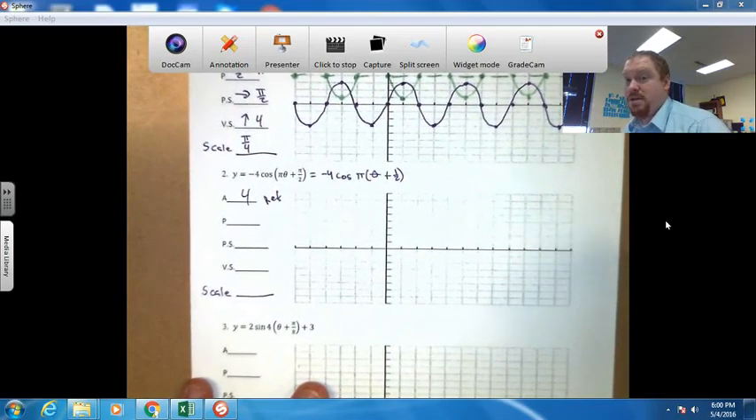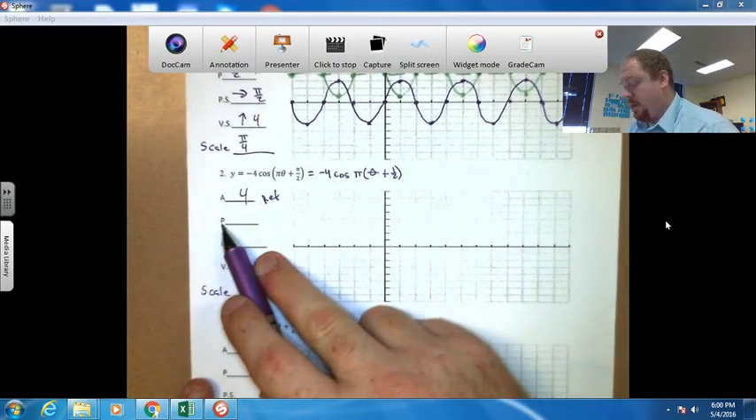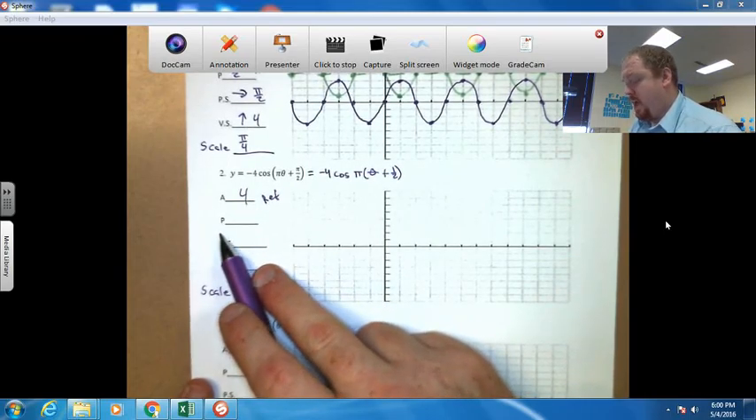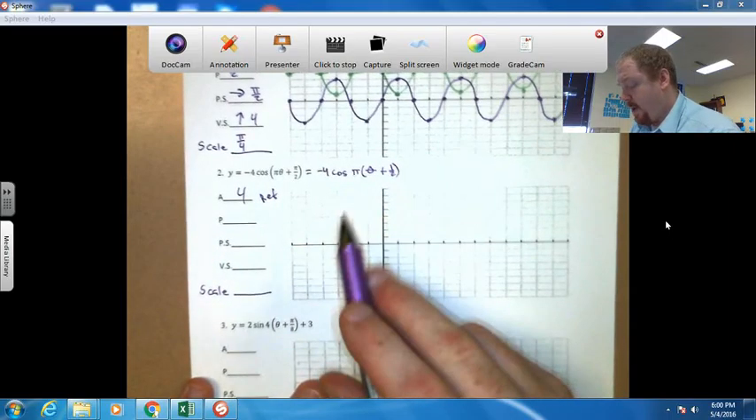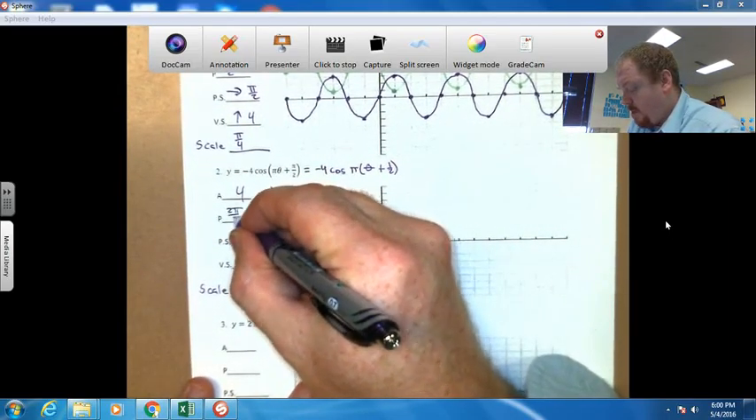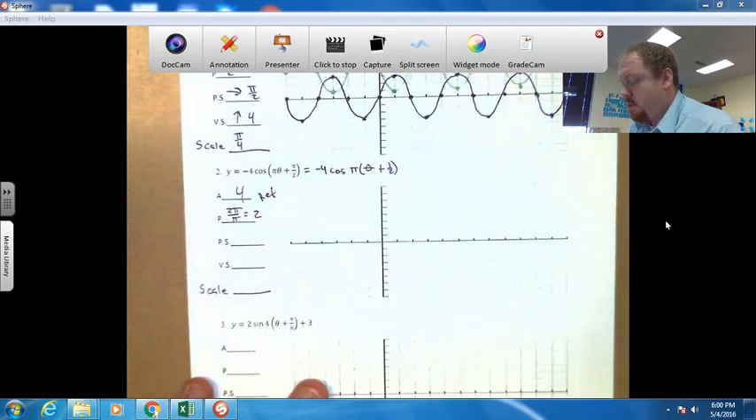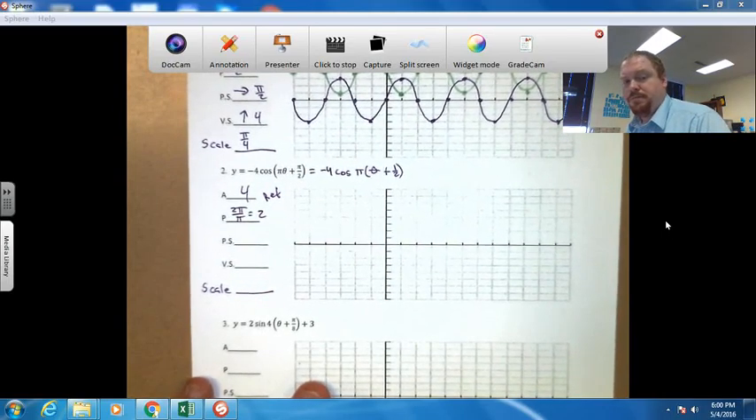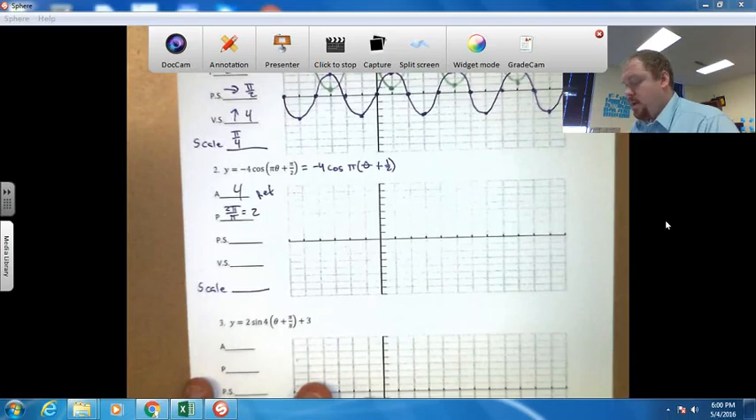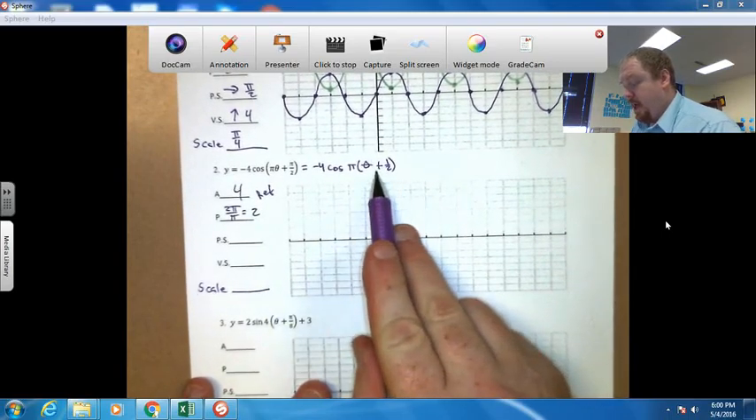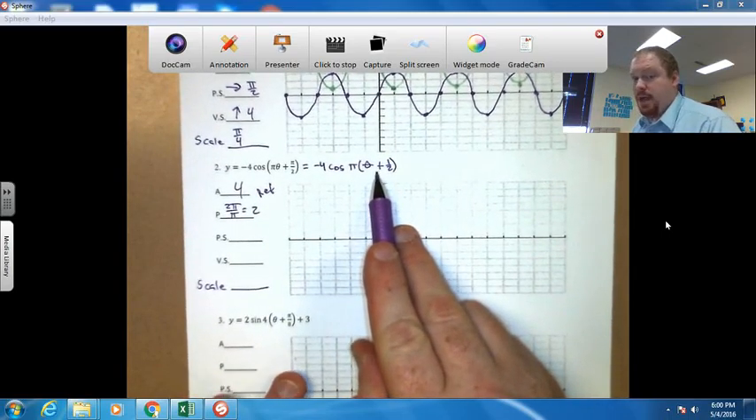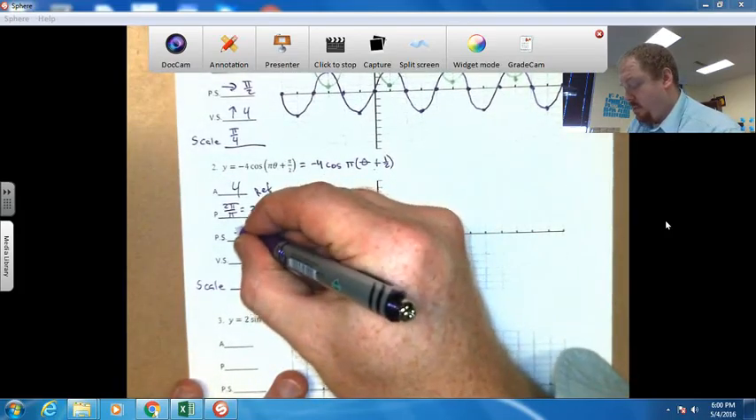The period, remember, period is 2 pi divided by the number in front of theta. In this case, that number is pi. So 2 pi divided by pi, so the period is 2. Okay, phase shift, opposite the sign, so since that's plus 1/2, that means I'm going to go left 1/2. Vertical shift,